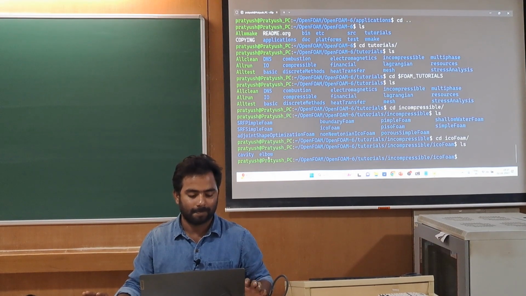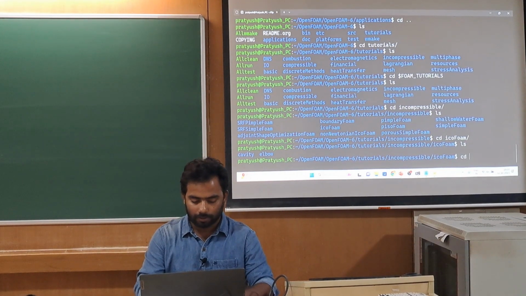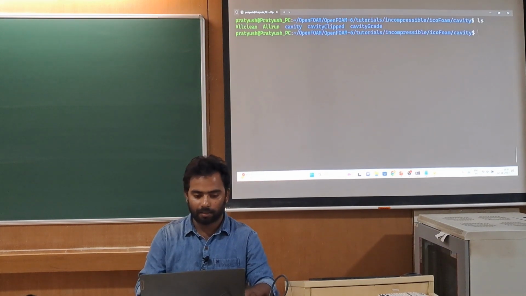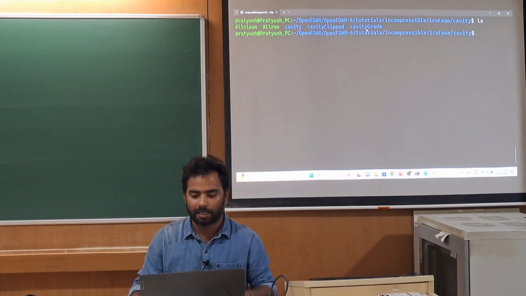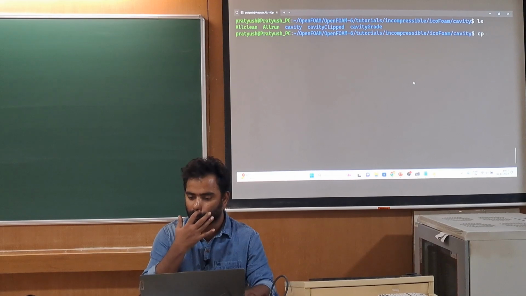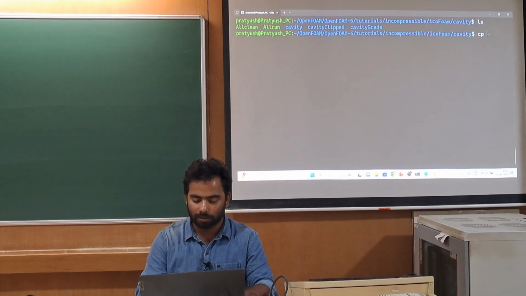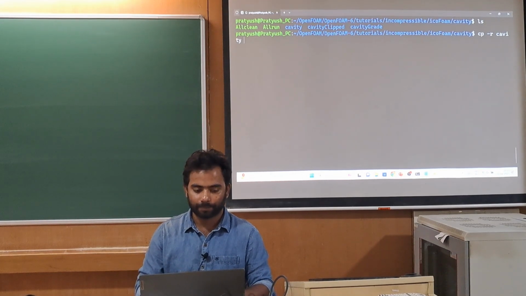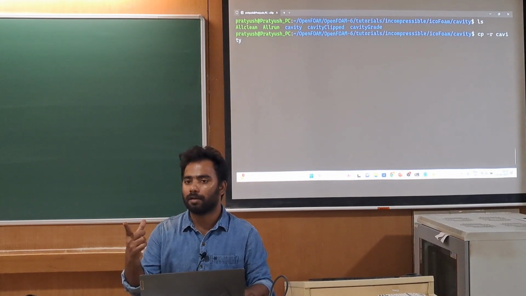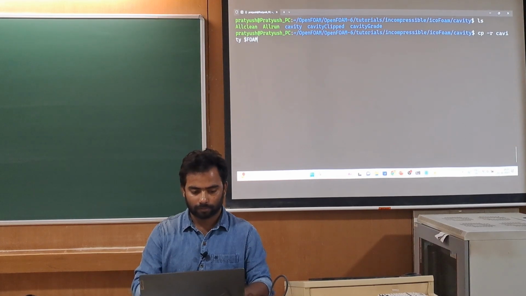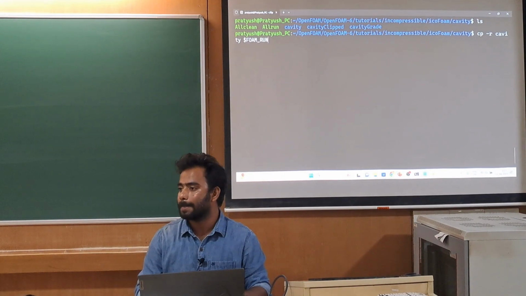So there are different test cases given. If you go to the cavity, you can again find there are a number of test cases: cavity, cavityClip, and cavityBlade. So we are going to copy this cavity folder into our run folder. For that purpose, we can type cp. cp means the copy command, -r because we want to copy the directory, and this cavity. This directory we want to copy to our foam run.